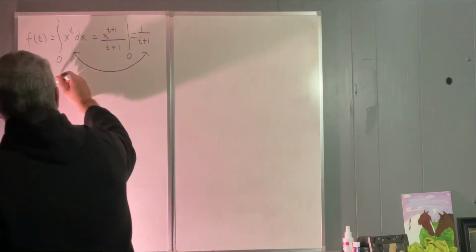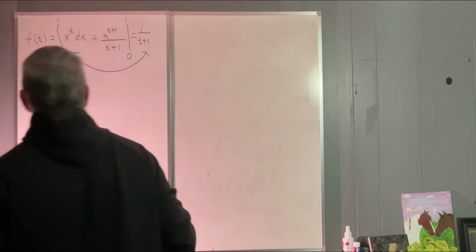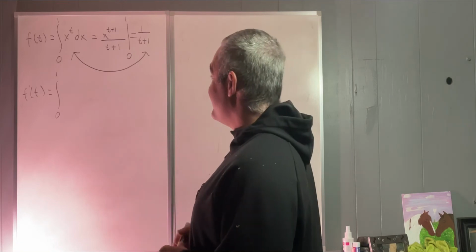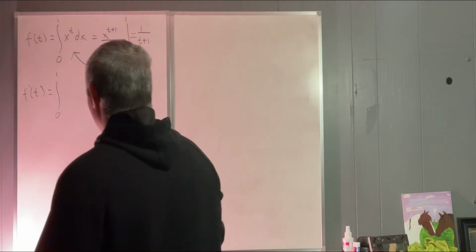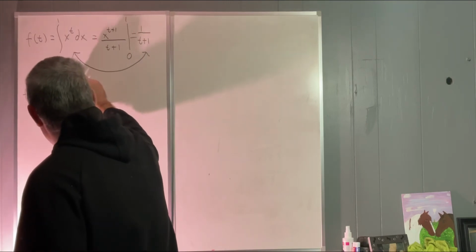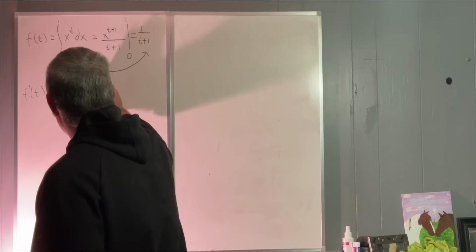Okay. Keep the same bounds. What is the derivative with respect to t of x to the t? With respect to t, of course, you'll get back x to the t, then you'll get natural log x